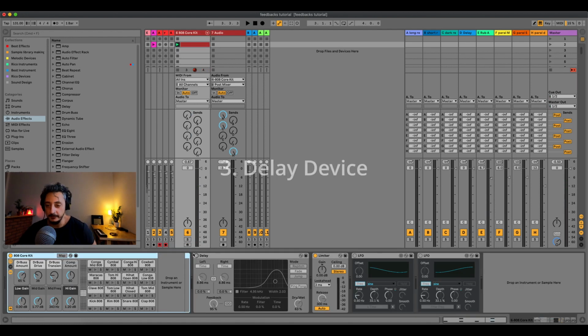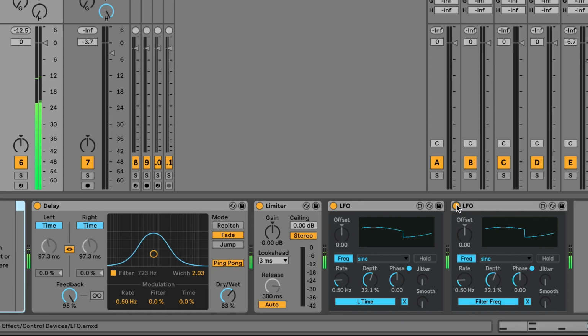Okay, so next one, it's something you can do with the drums, but also not just with the drums, you can do it also with sound. But it works pretty well with one-shot samples because you can do this. So now I'll just show you the example. So this is a four on the floor kick and a clap. But as you can see here,